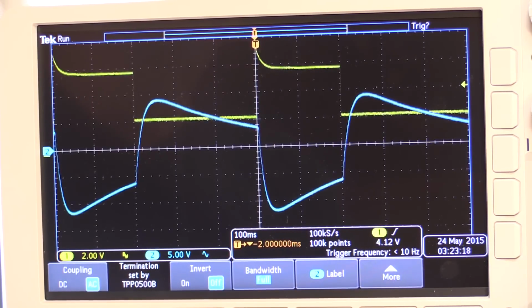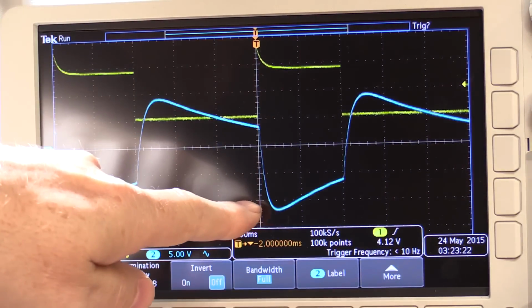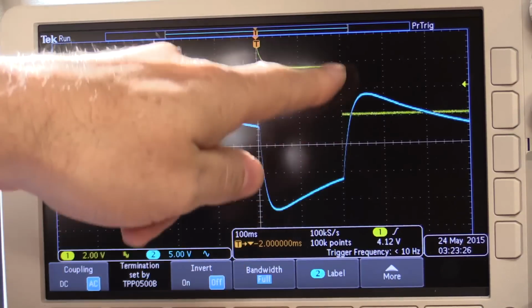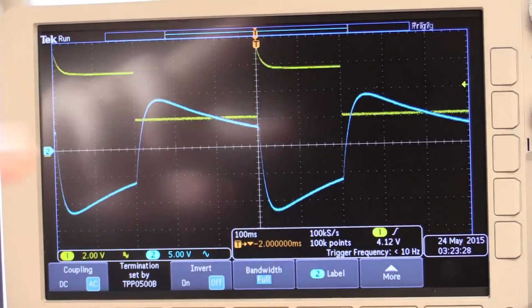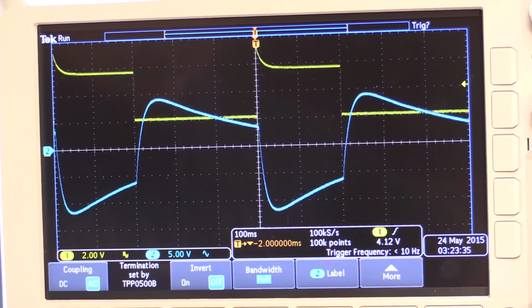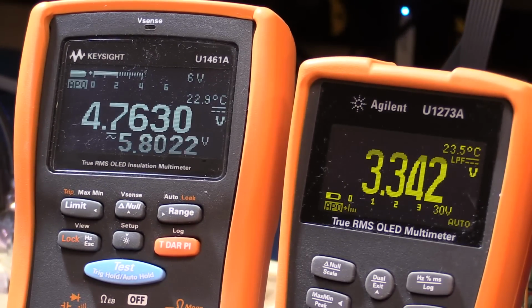So as the load comes on, the current limit is kicking in, recovering a little bit, and then the load's coming off and the current limit is releasing. So it's flipping between current limit and no current limit. And you can actually see this. Remember, we've got the summing junction on the meters. These two meters here are showing the